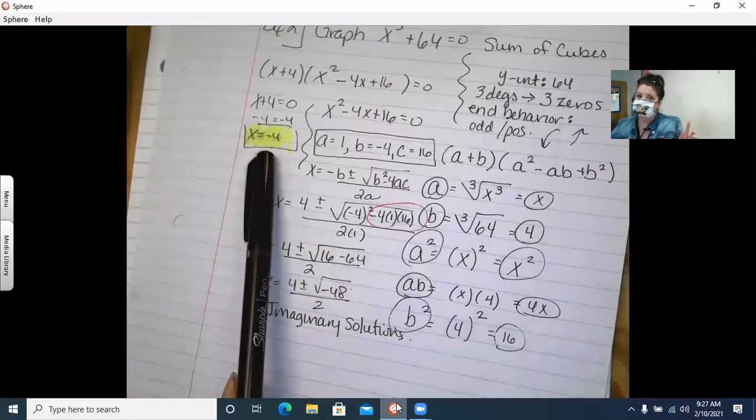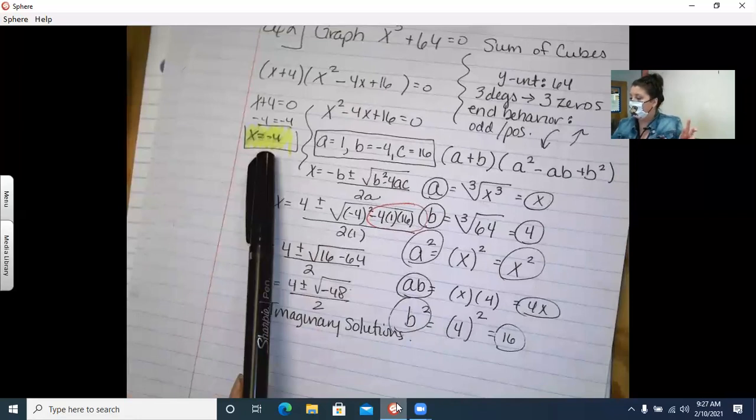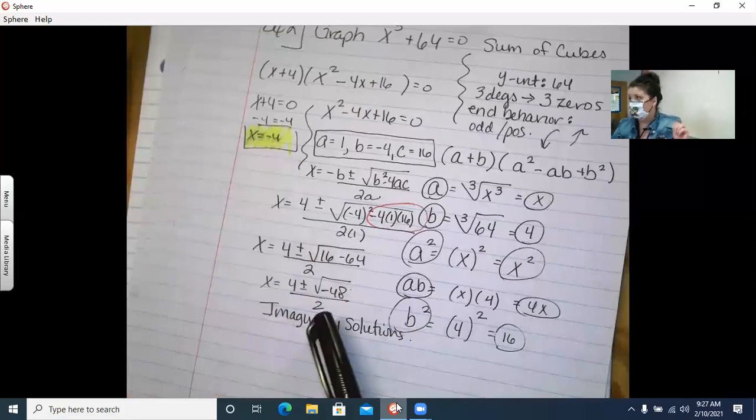Okay, so I do have 3 solutions. One real solution of x equals -4, and then 2 imaginary solutions. So how many times